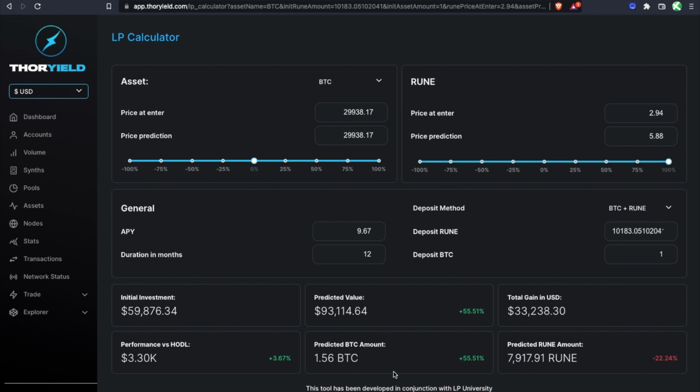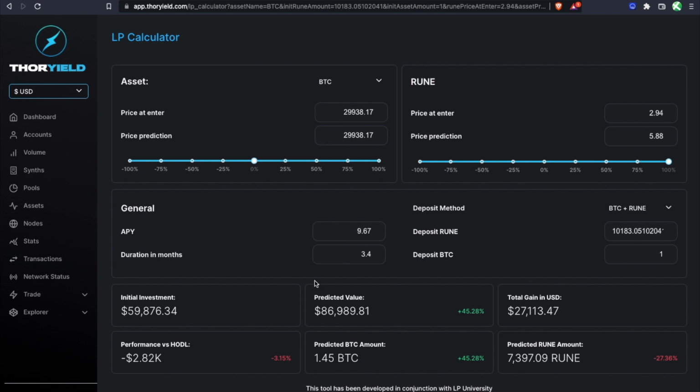So now let's tweak this example such that it ends up in a place where you actually lost versus holding, so that you'll see when the impermanent loss protection would kick in. So first thing on that, impermanent loss protection kicks in 1% per day until you have 100% protection after being in the pool for 100 days. So let's set this duration to be just about 100 days. This is in terms of months, so I'm just going to put 3.4